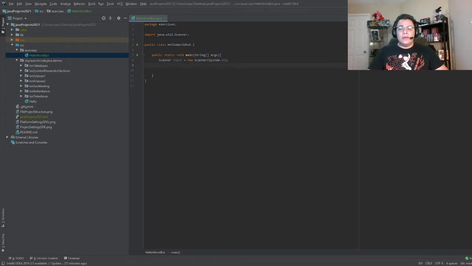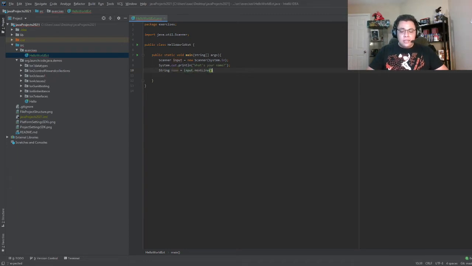Okay, so now we have to actually print out on our command line what we want to ask. So we'll do system.out.println. And here we're going to ask, what's your name? Question mark. Then we're actually going to go ahead and take whatever is provided in via our scanner. So this is where they actually wanted us to use a string. First, we're going to declare the type. Name equals input, because that's our scanner from up here, dot